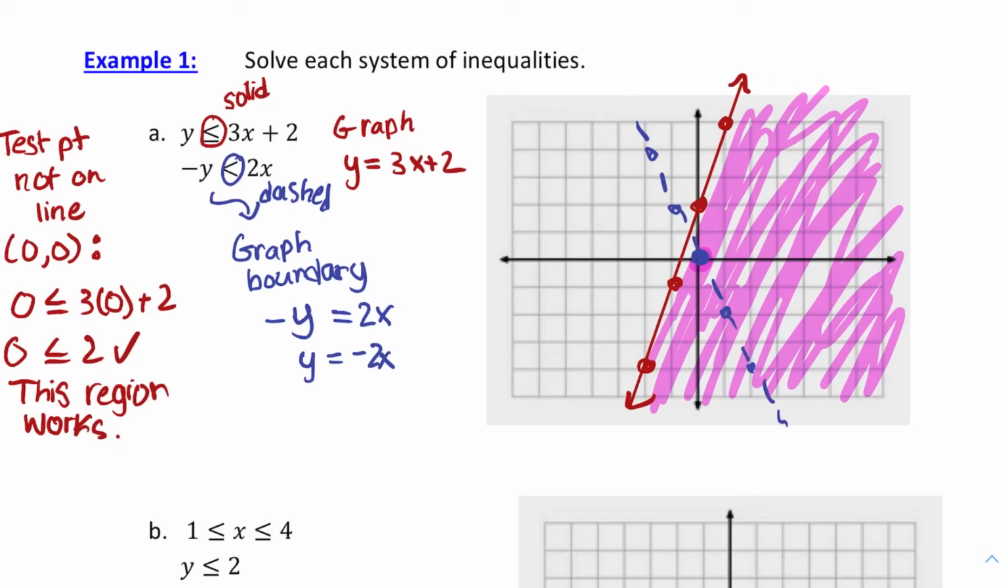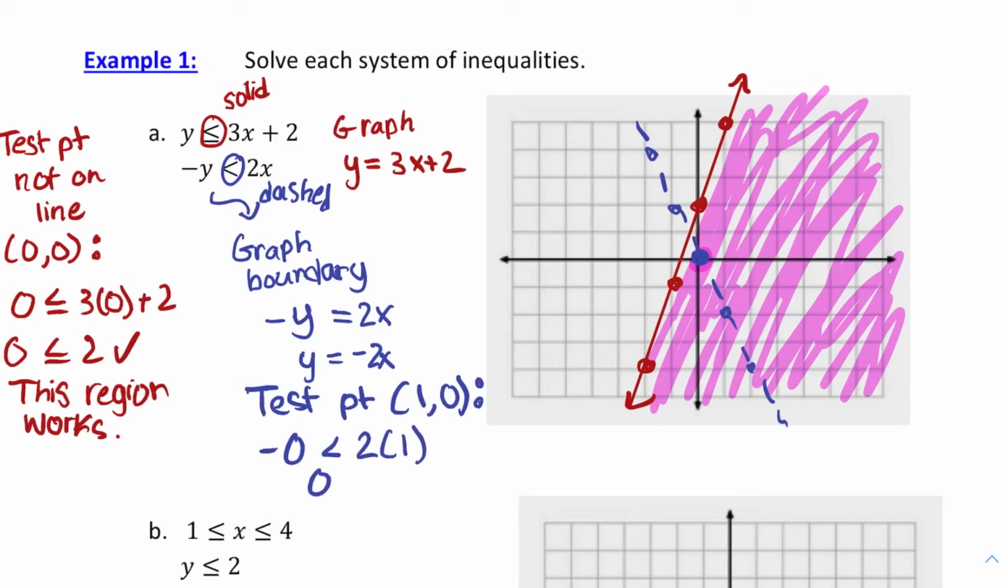All right, now I need to plug in a point and test it. I need a point that's not on my line. It's got to be on one side or the other. So let's not do 0, 0. Let's do 1, 0. If I plug that into my original inequality,